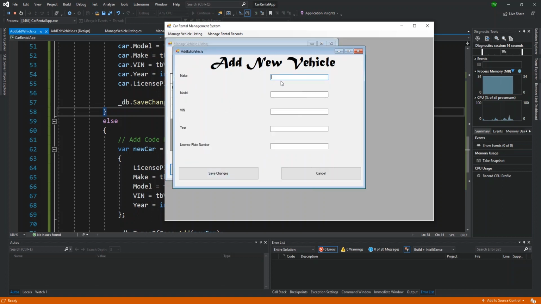So when I click add new car, I can now add a new Rolls Royce, and let's say that the make would be Phantom. The VIN is 123456. It is 2018, and then the license plate number would be HG5647, right? Then we click save changes. So I click save changes, the window is still open,